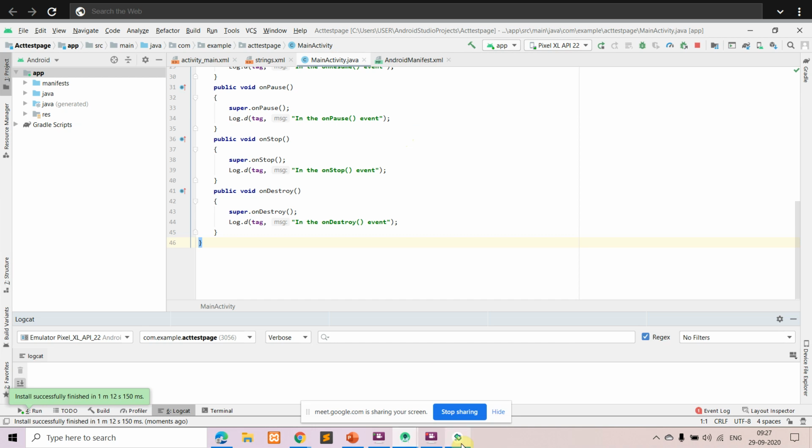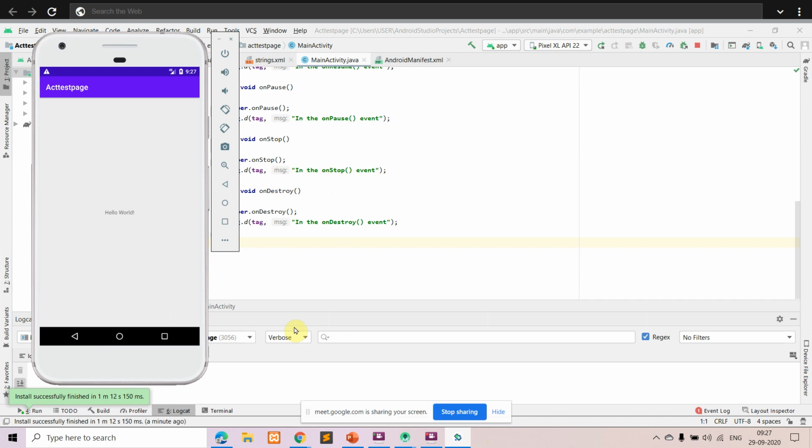Okay. Then in the emulator, if you click on the phone button, then the activity will go into the pause state, and again it will go. After that, it will go to the on stop state. Then finally, it also goes to the destroy state. So those are the different stages an activity goes through. So you can see here.